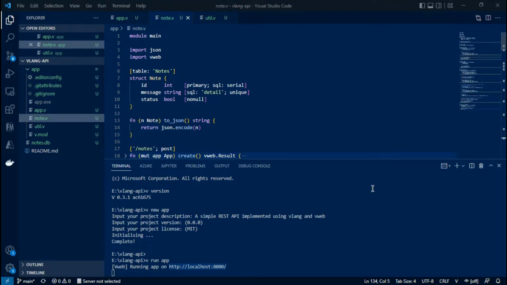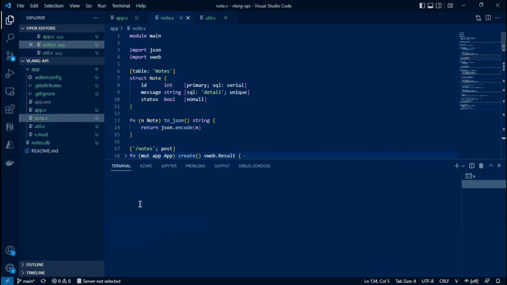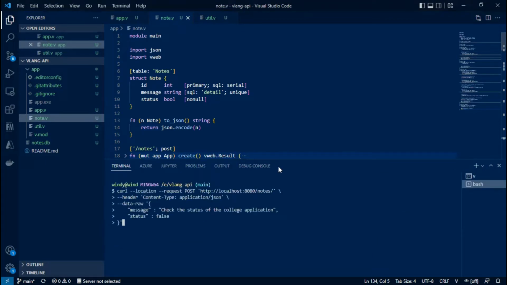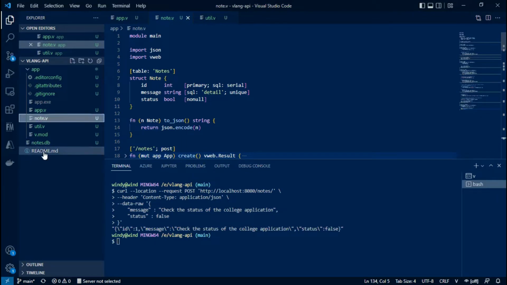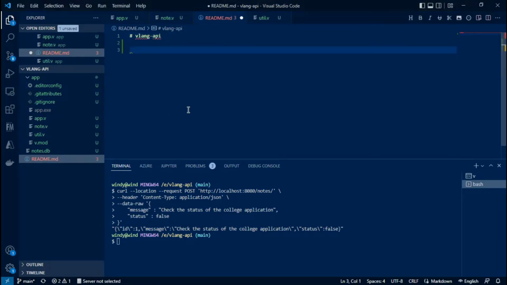Now we will open the Git bash and send curl commands to add nodes. Yeah, this is the first curl command. To keep things simple for you, I'll go ahead and update the readme file with the list of curl commands that are being used in this tutorial.